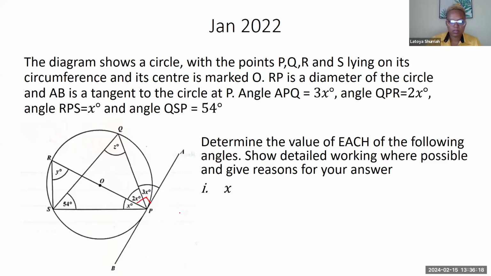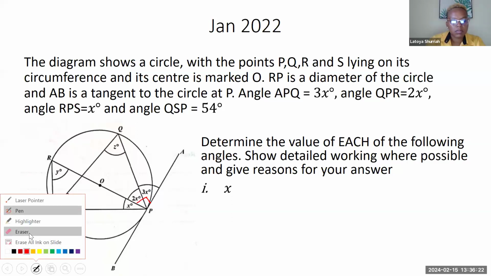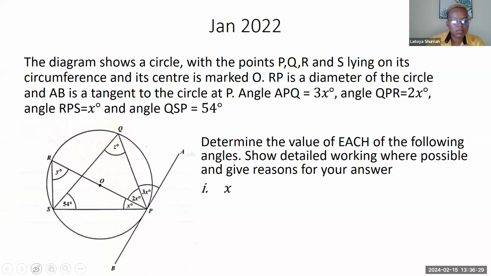So I was saying that the 3x, there's a tangent right beside the 3x angle. So it would mean that the 54 in the alternate segment would be equal to the 3x. So if we put 3x equals 54 and solve for x, we would get x equals 54 divided by 3,